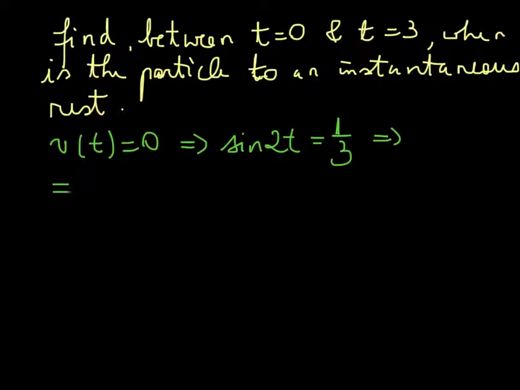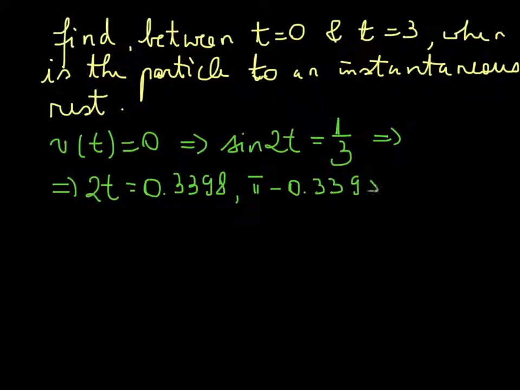Therefore, 2t can be 0.3398, which is inverse sine of a third. Make sure your calculator is in radians. The next value is pi minus